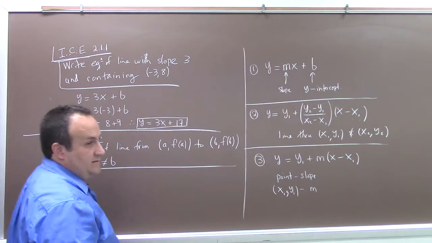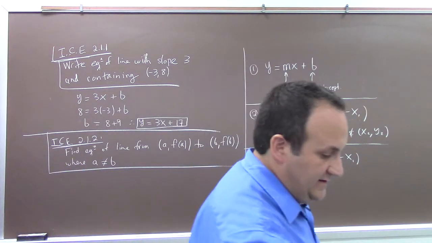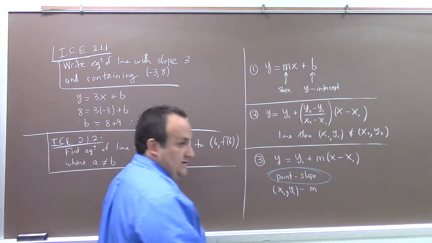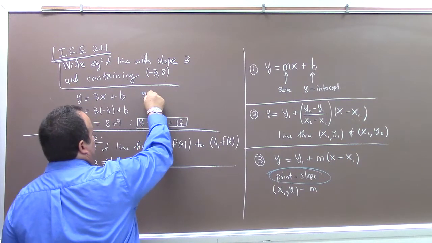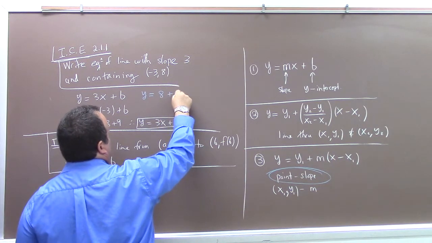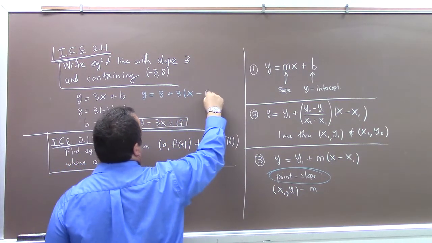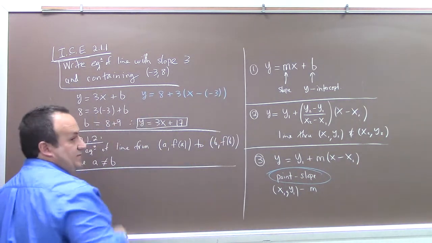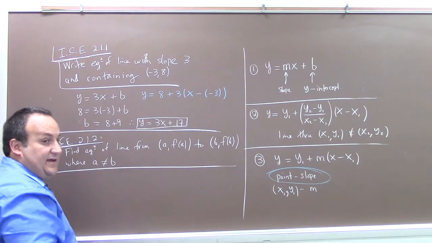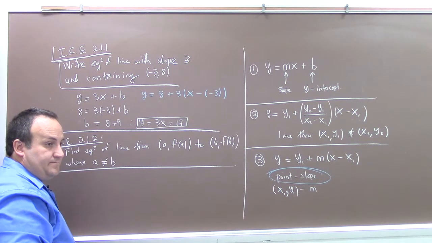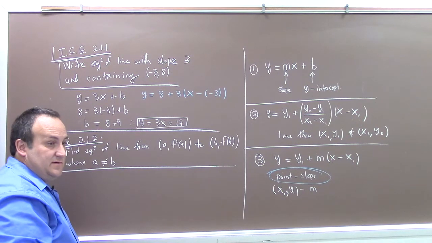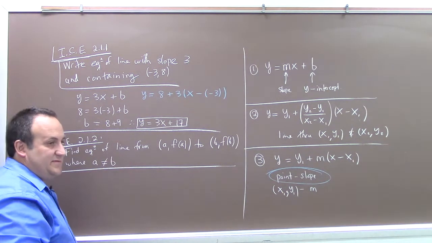Now that's not wrong, but it's also not right in the sense that there is an easier, lazier way. The lazier way is to use point slope. See, because with point slope, you could just write it down like this. Y is equal to y1, 8 plus 3 times x minus a minus 3. This is point slope. See, if I know point slope, I don't even have to do this algebra business. I just go straight to the answer. I would strongly urge you, use point slope in this course. Don't go back to slope intercept,